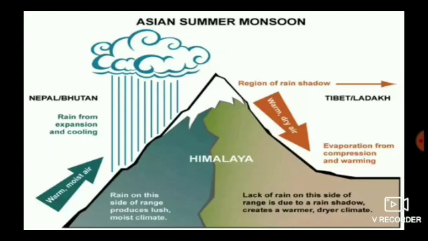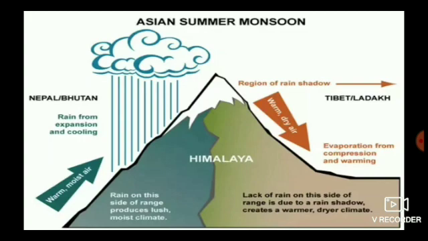So this range prevents the cold winds coming from Siberia. Siberia is a region in the north. We already know the states that are located in the Himalayas, that is Jammu and Kashmir, Himachal. They are the states that are nearby. The people living there experience snowfall and very cool temperature. If they also received the cold winds from Siberia during winter season, it would be very hard for the people to survive in that region.